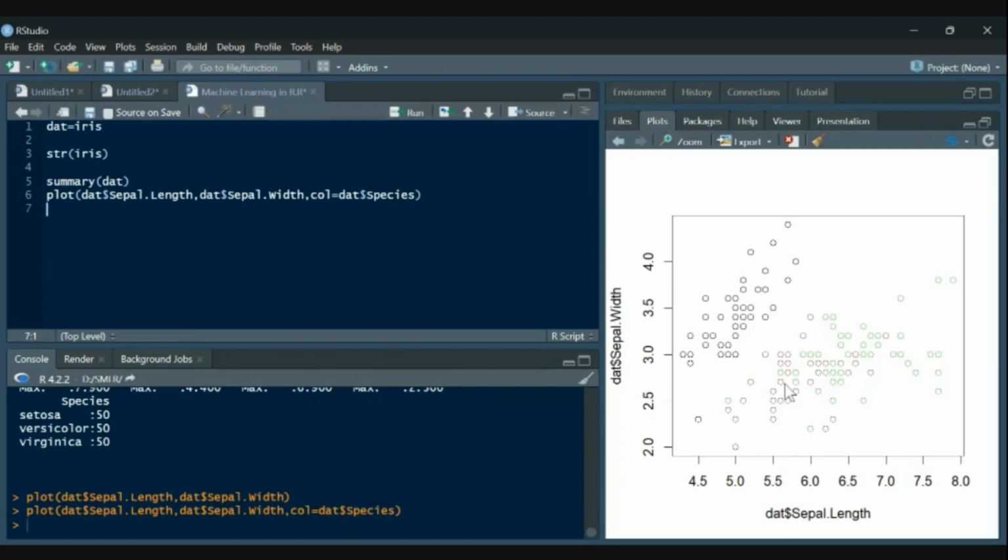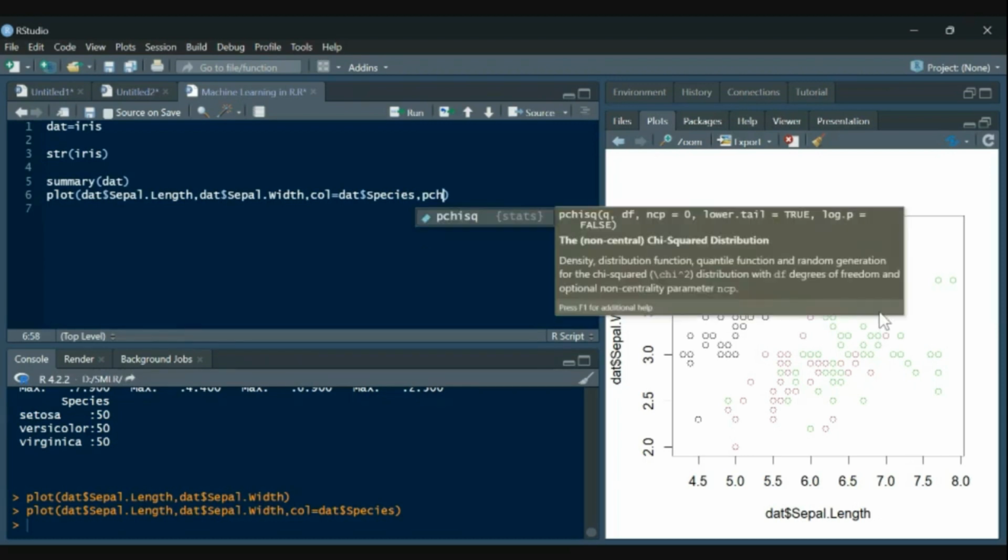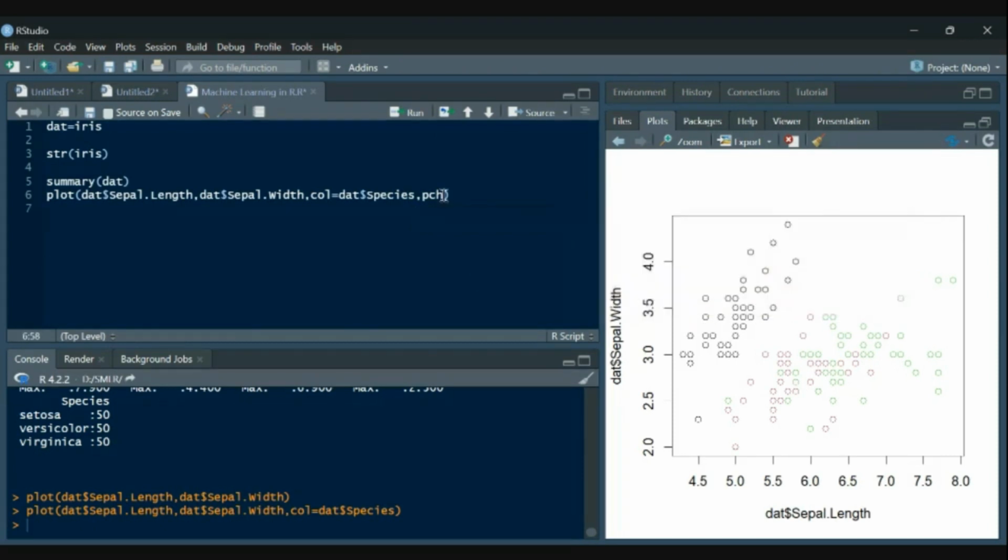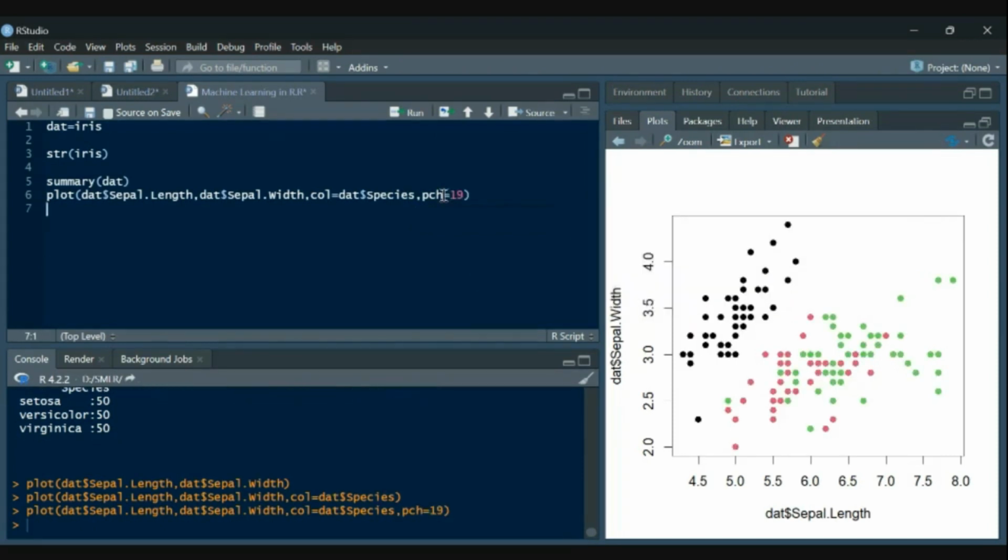So it gives us something like this: black dots, then red, and then the green ones. For better visualization, we can change these point values to, let's say, 19.